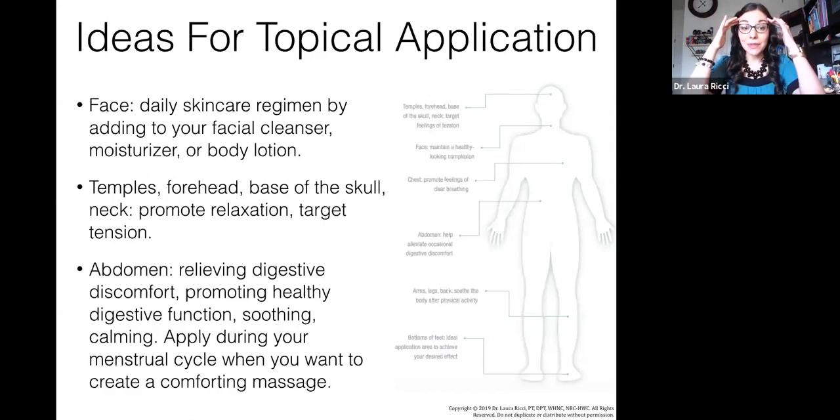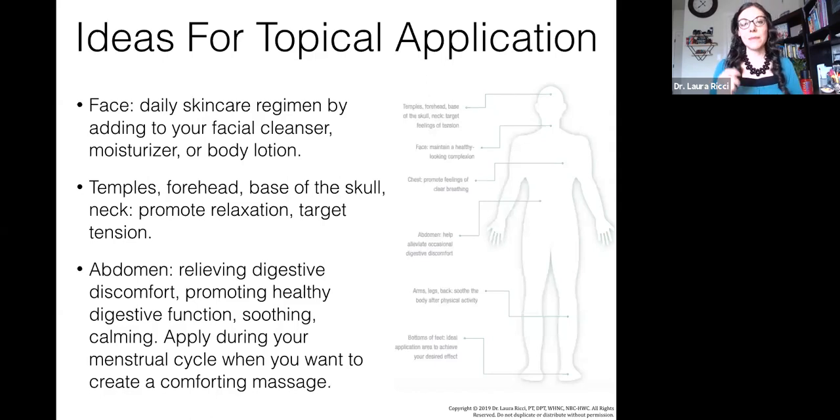You can put them on your temples or your forehead or base of the skull or neck. So say you're having head or neck tension, you can get your peppermint or your Past Tense and apply those in and use those to help if you're having tension or you're hurting. Maybe you need some support, so you can apply oils right to the abdomen. So if you have digestive discomfort or just helping with a healthy digestive function,